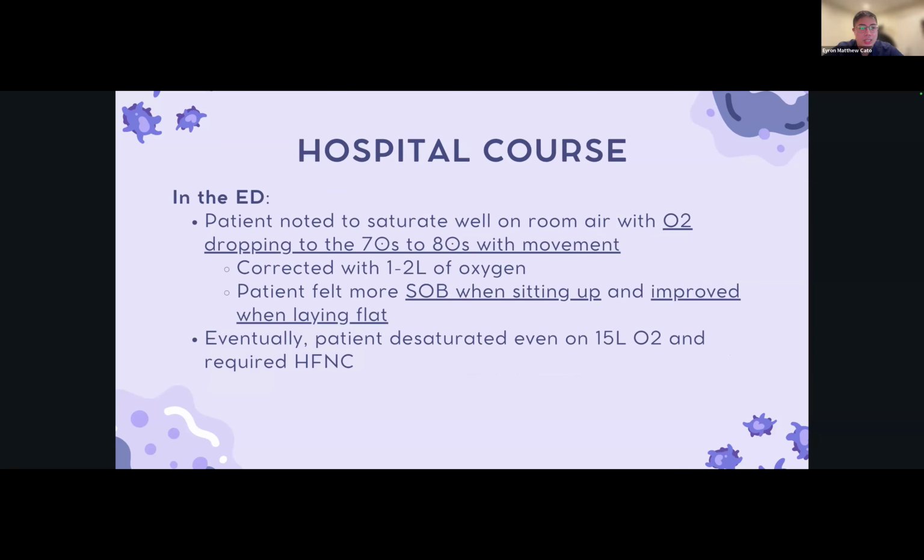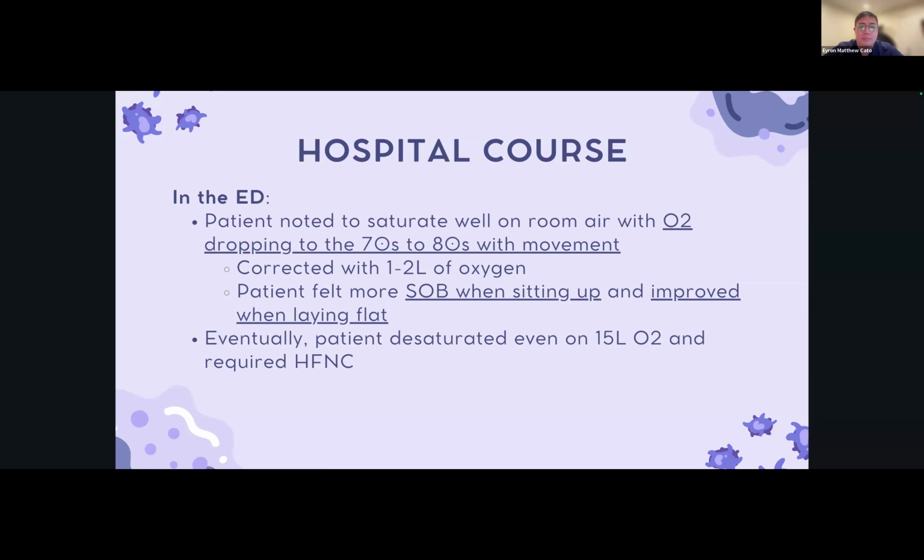So in the ED, the patient had a laceration repair that she tolerated well. And though the patient was initially satting well on room air, she was noted to desaturate down to the 70s to 80s with movement. This was initially correctable on 1 to 2 liters of oxygen. And at that time, the patient reported that she felt more short of breath when sitting up, which was improved when laying down. Eventually, the patient continued to desaturate even on 15 liters of oxygen and was eventually placed on